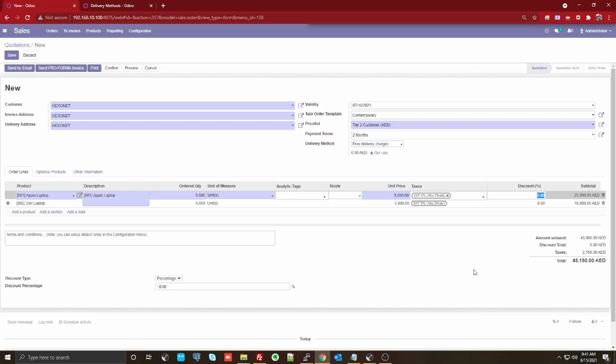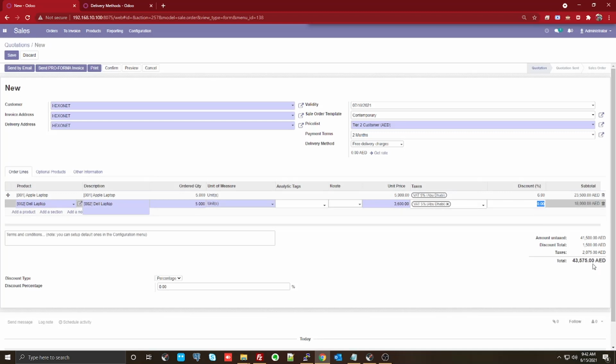Now, moving ahead, you can also tell that if you have any kind of discounts there. So let's put it this way: I have a discount for this Dell product, which is like 6%, and I'm going to give probably like 8% discount. So what it is going to do here is calculate all those numbers, and it will tell you what exactly is your discount value and everything here.